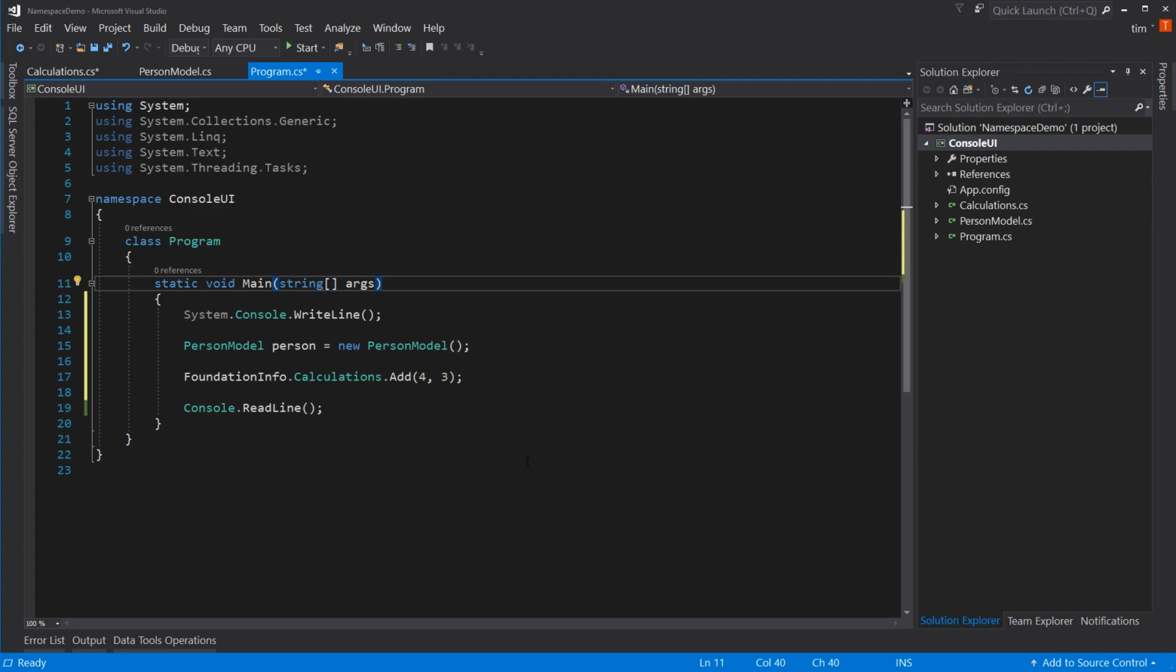Why didn't I need to say that? Because up here I have using System. So it said, if it's in the system namespace, assume or treat it like